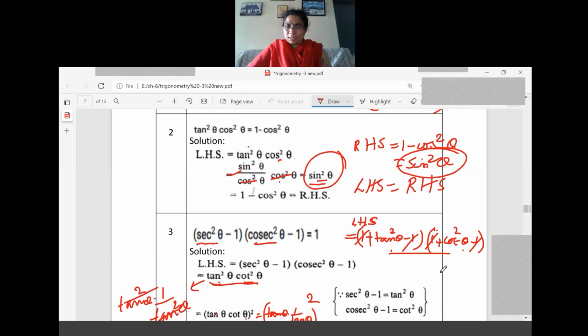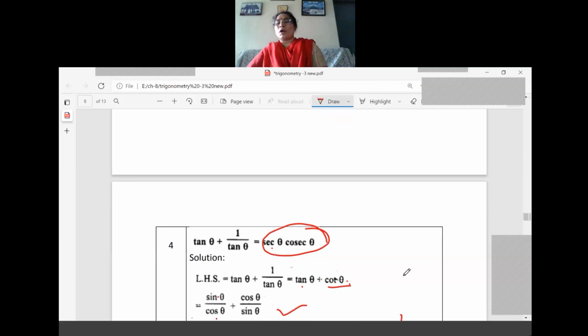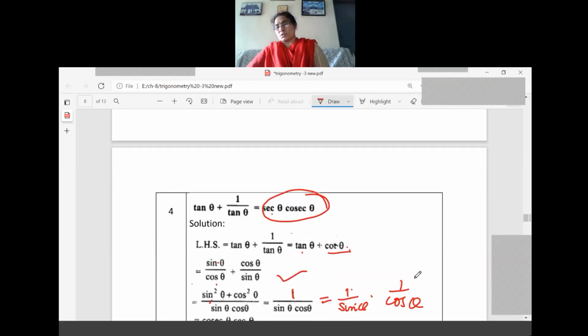So in that way also they can try, but sometimes you take more time to solve. That is only going to happen. Now what happened to the fourth equation? There is no higher power, so we tried in terms of sine and cos only. Understood this one? So that is the case.